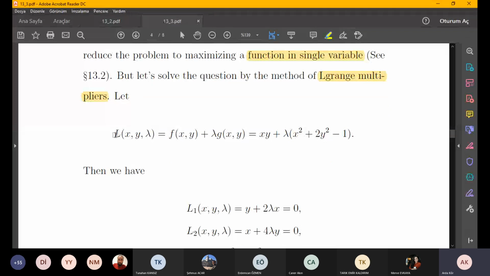So we will define the Lagrange function here as f(x,y) plus lambda times g(x,y), which is x times y plus lambda times g(x,y). This will be the Lagrange function. And we know that the critical point